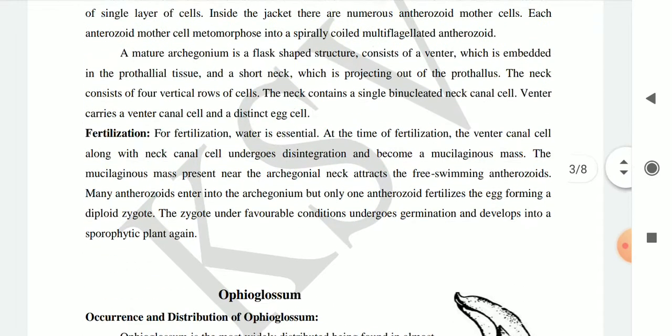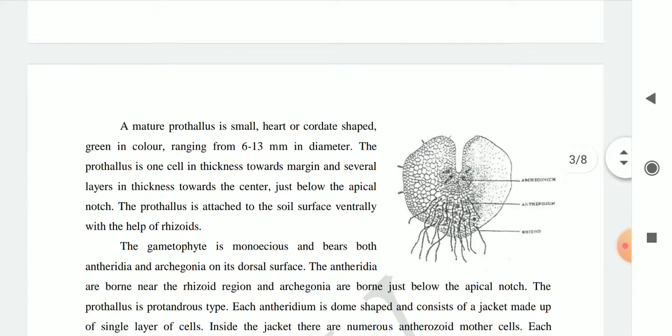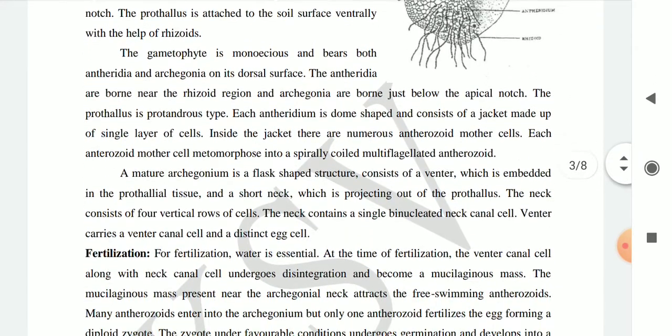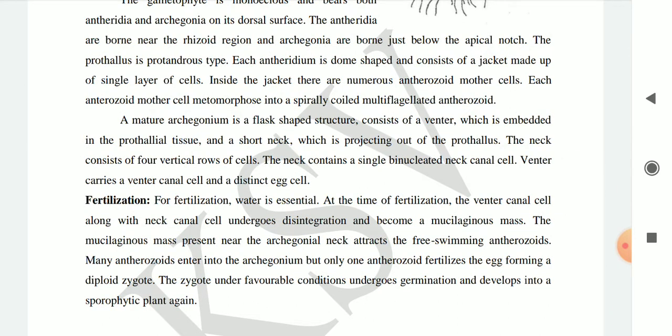So this is how the complete life cycle takes place in case of the Pteris. Spores are produced, and once the spores germinate, they form a prothallus structure. In the prothallus, that is the gametophytic phase, they produce the antheridia and the archegonia. They undergo fertilization to form the zygote, that is the sporophytic zygote, and this zygote is capable of producing the new plant. Like that the complete life cycle takes place in case of the Pteris.